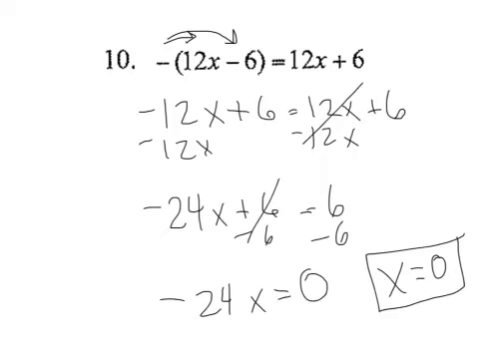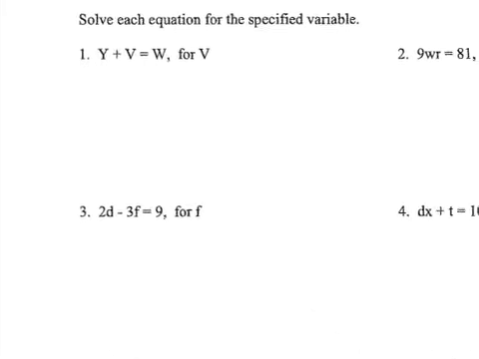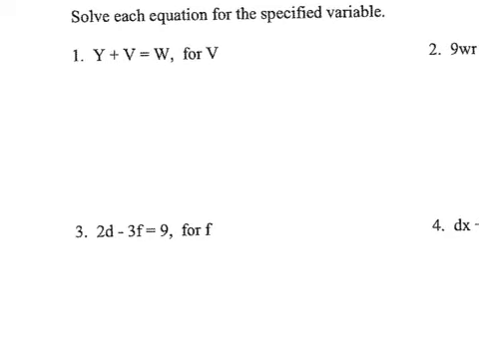And now we're going to go on to the next page, which has solving literal equations. So what you have to do on this page is you're going to solve for the variable that they tell you to solve for, and you're not going to get a number answer usually. You're going to get an answer with other letter terms in it, and I'll show you what I mean on problem 1. So it says you need to solve this for v, and what it means is to get v